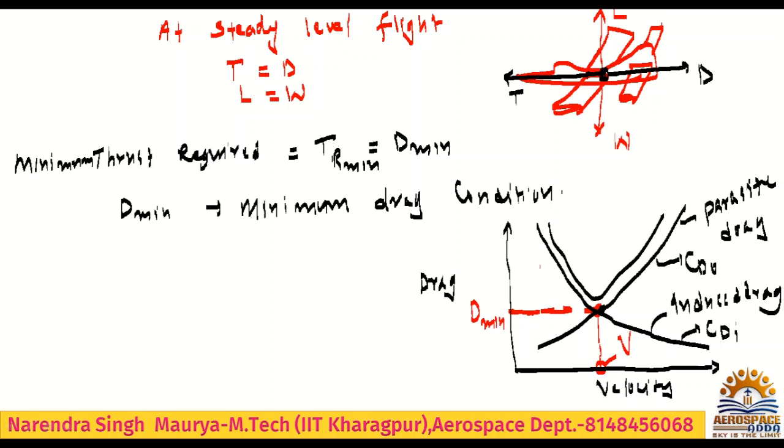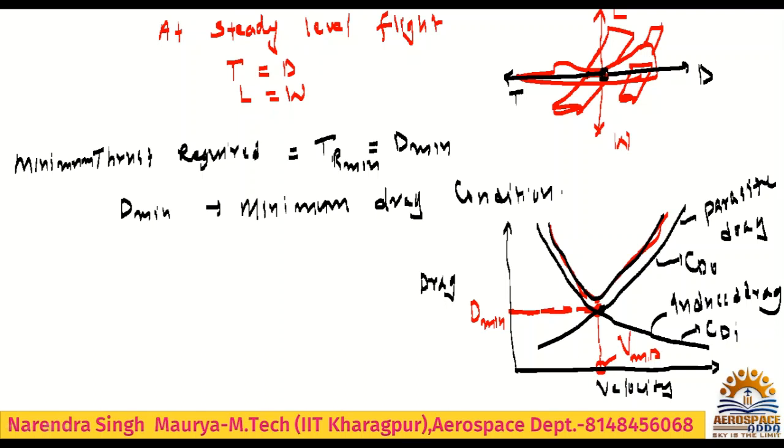This is the minimum value of the drag. See this plot, it is the resultant of parasite and induced drag. So obviously this is the minimum drag point, and the velocity with respect to minimum drag will be the minimum drag velocity,